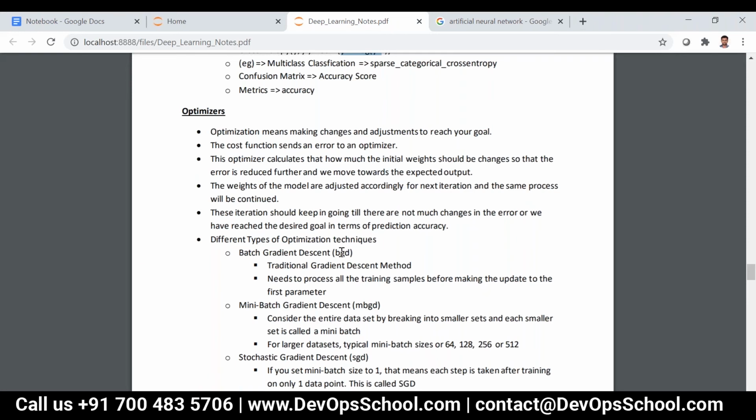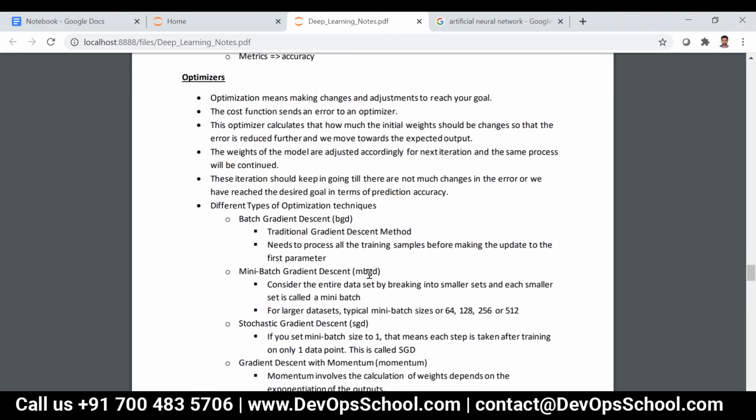Then we have MBGD, which is nothing but mini batch gradient descent. It will divide the data set into chunks, like 64 per batch, 128 per batch, or 32 per batch.